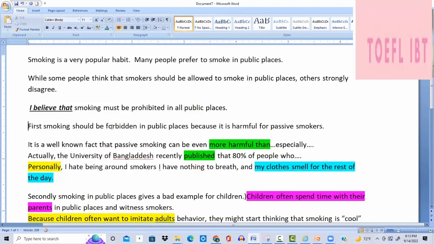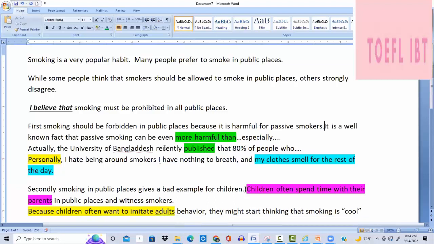And then your second sentence is, it is a well-known fact that passive smoking can be even more harmful than, so we couldn't think of what we wanted to say. So I'm remembering what I want to put. I'm going to say it's more harmful than drinking alcohol. I can put a period there or a comma, especially,